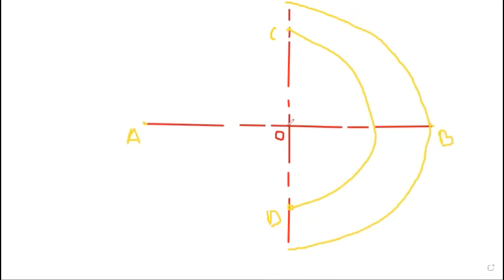So by protractor or by 30-60 set square, from this point O, we draw a line at 30 degrees up to the major circle. Then draw another line at 60 degrees. And similarly here also draw a line at 30 degrees and draw another line from this O at 60 degrees.